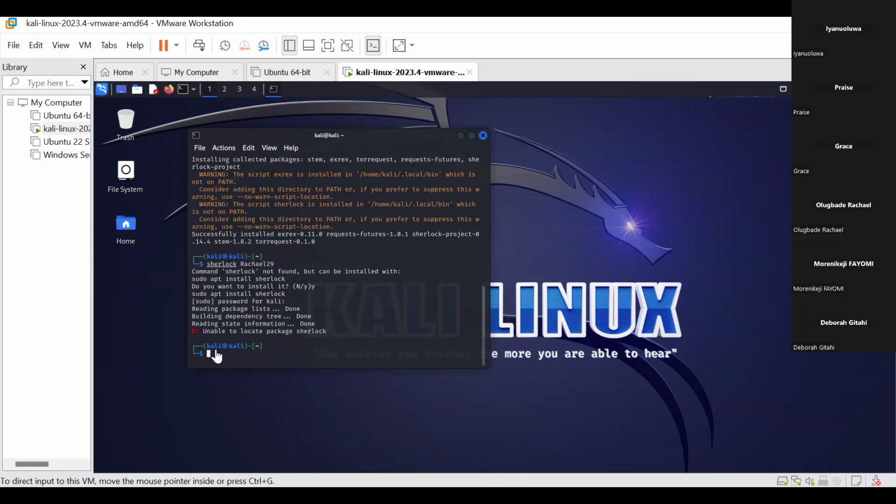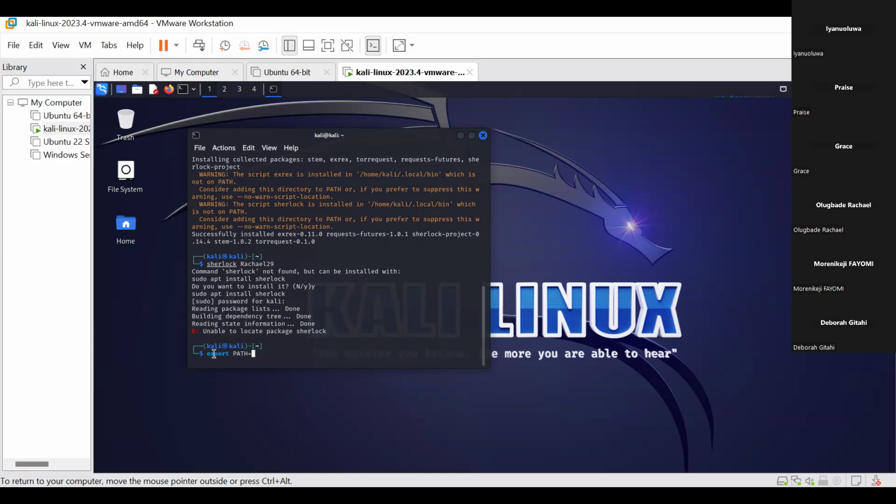So type export, space, capital PATH, equals, then the dollar symbol.